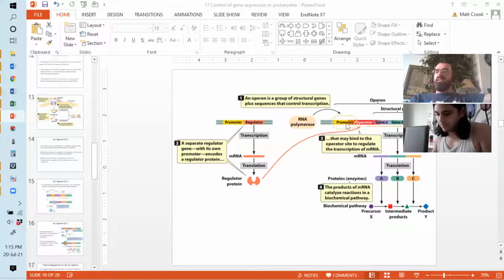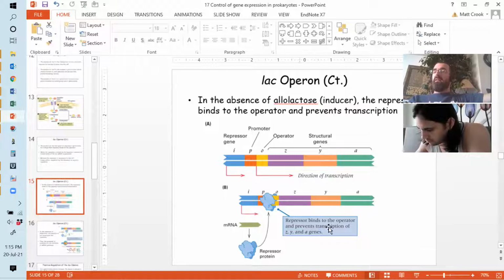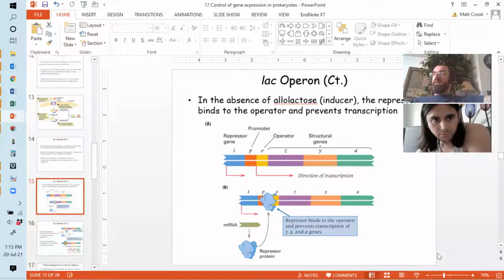So basically the idea here is you don't have lactose around. Well, you don't want expression of the lac operon, right? I mean, that is kind of a given. It would be a complete and total waste of energy making all the structural genes from the lac operon when there's nothing for them to actually work on, right? So in the absence of lactose, no lac operon expression at all.